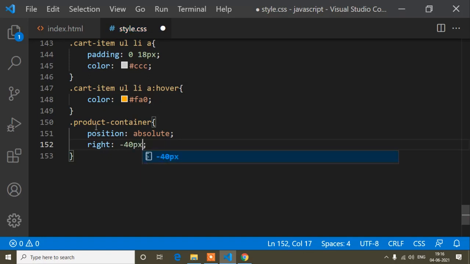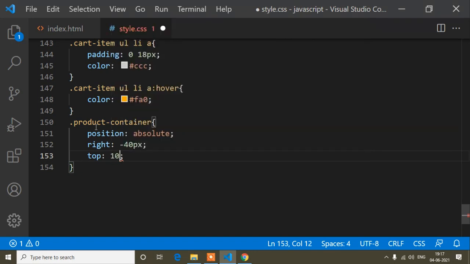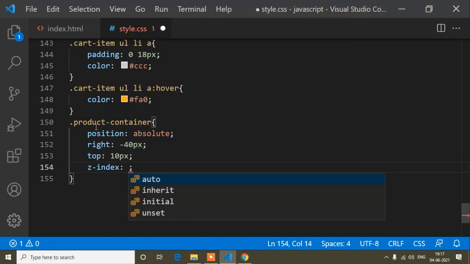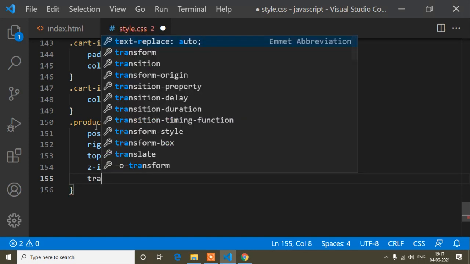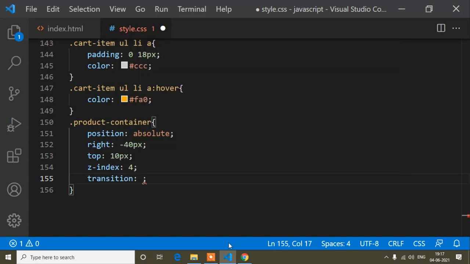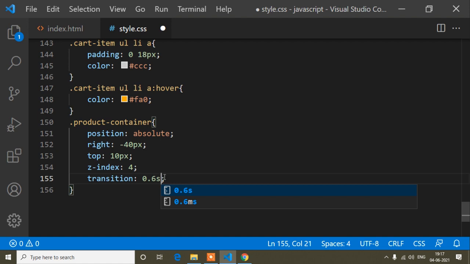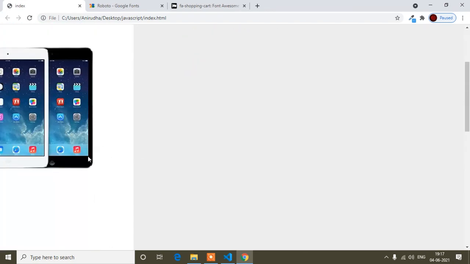Right is minus 40 pixels, top is 10 pixels, and z-index I will set to decide how much it will float, so it will float at 4. And transition, because I will add some animation, so transition 0.6s. Now if I save and refresh, you can see it comes like this.